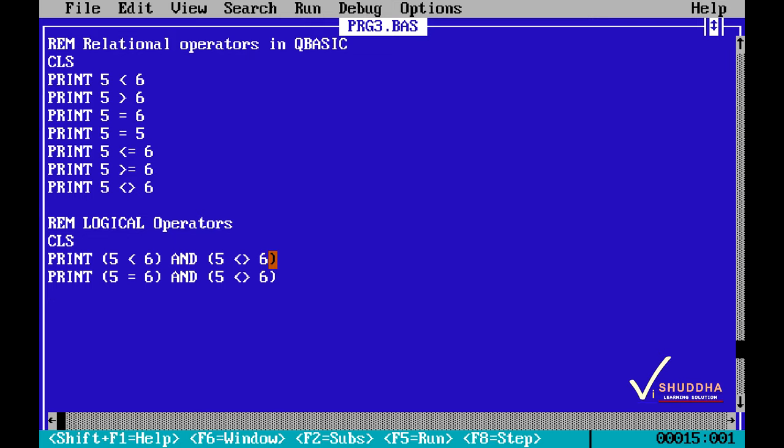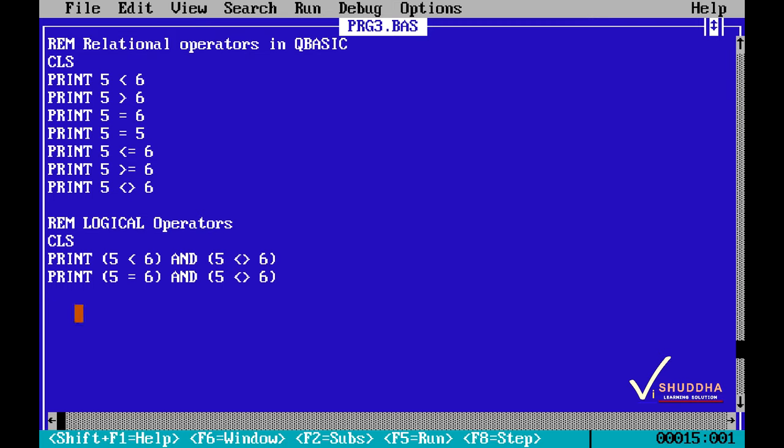So it returned true. But in the case of the second print statement, we have written 5 equals to 6, which is false, and the second expression, however, is true, but it returns false. So clearly, the AND operator returns true only if both the expressions being compared return true.